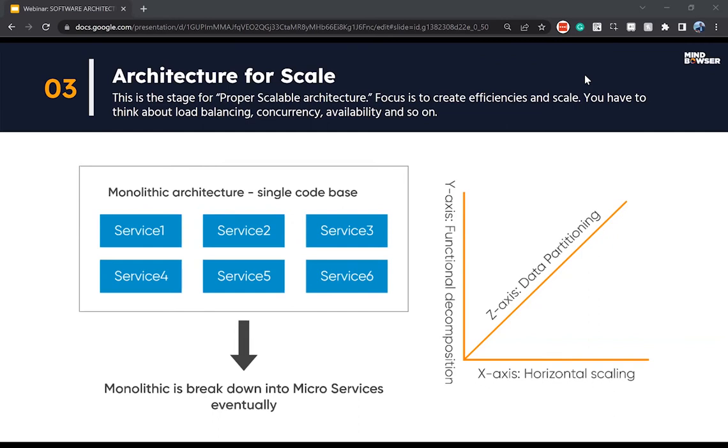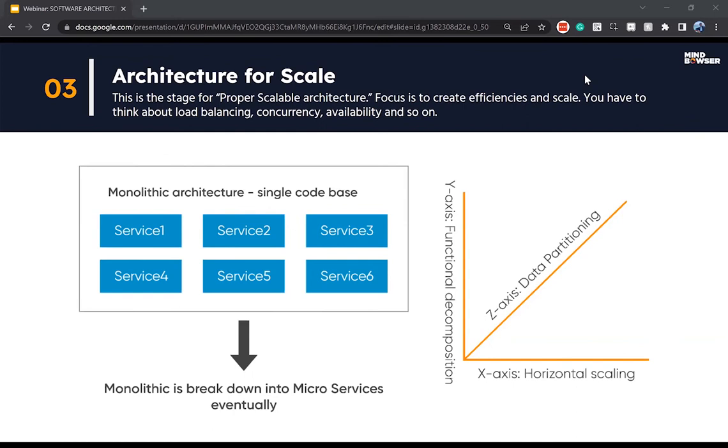When we see the mathematical model of these microservices, we can split this into three-dimensional things with an x-axis, y-axis, and z-axis. As I was telling you, one monolithic can be one microservice, or one monolithic can be equal to n microservices. Now, let us consider, for example, one microservice.